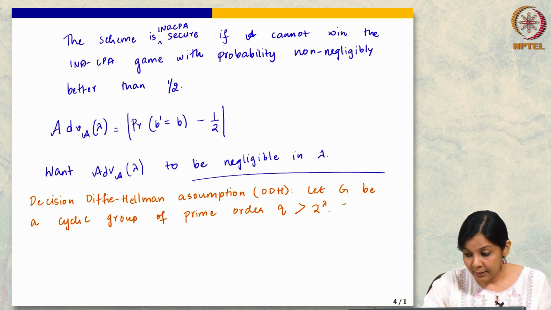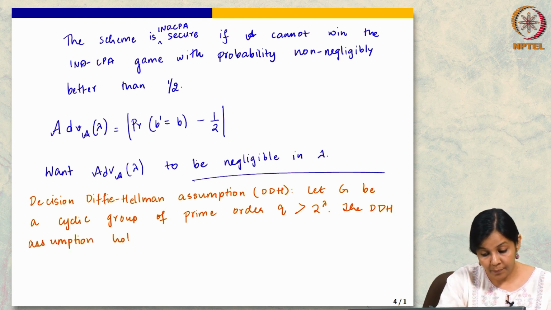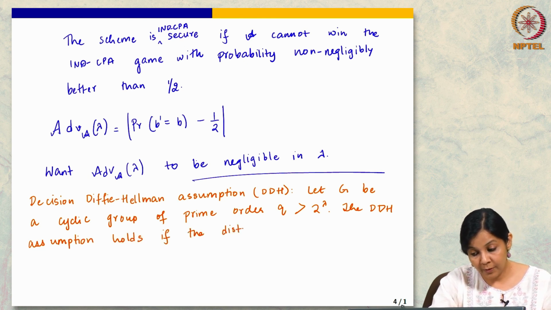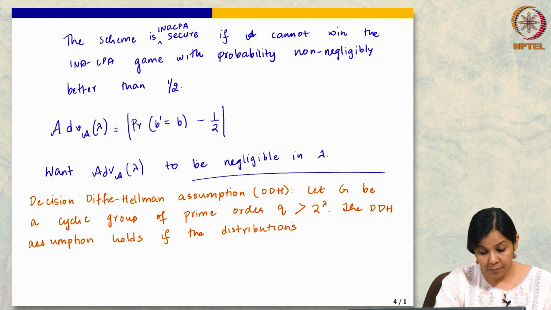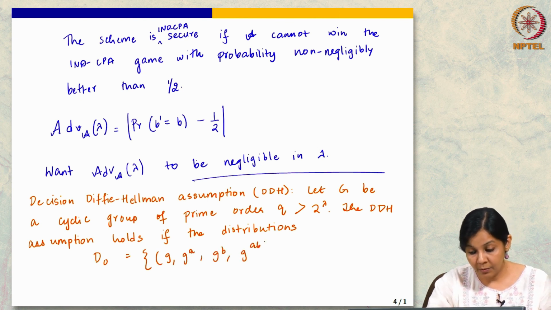Then the DDH assumption holds if the distributions D0, which is G, G to the A, G to the B, G to the AB,